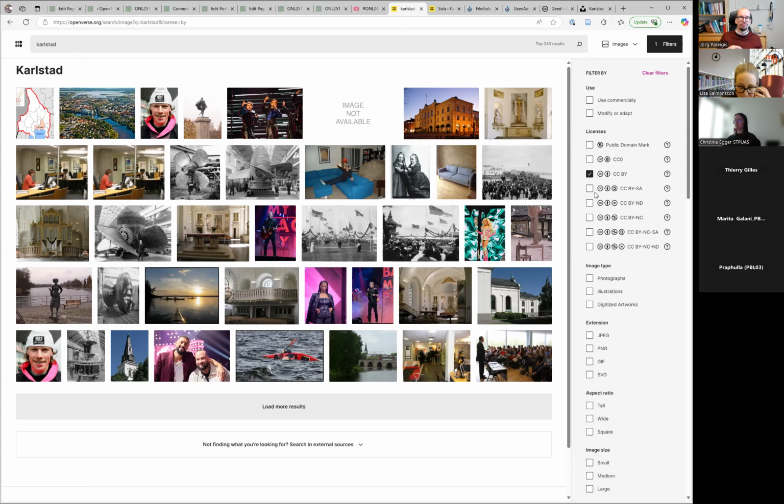So computer programs can read this very quickly and can enable us filtering like this. So we can easily filter out Creative Commons licensed pictures from all the pictures. That's the advantage and beauty of the Creative Commons licenses. Yes, questions regarding this? Or all crystal clear?